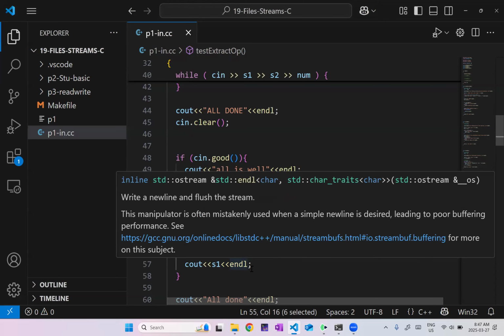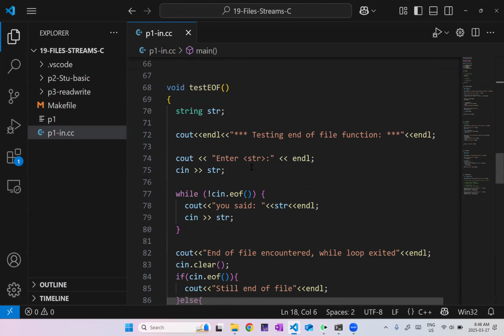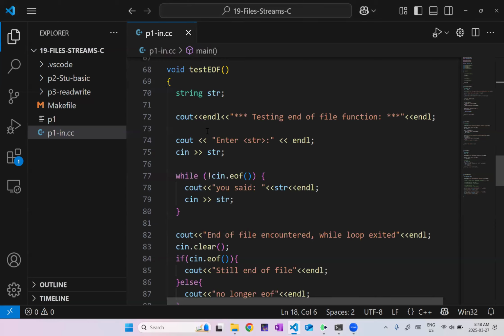Questions? All right. So let's test. Well, there's another, I mean, this is not so common reading from the keyboard, but let's say I do something very similar. I make a string, the user inputs a string, and I just keep going, reading in strings and then writing them out until I flip this other flag, which is the end of file bit. Again, not so common for cin, but of course, if I'm using a file stream, then this might be very common. I can enter the end of file marker from the keyboard using Control D. So this is going to keep looping until I hit Control D,